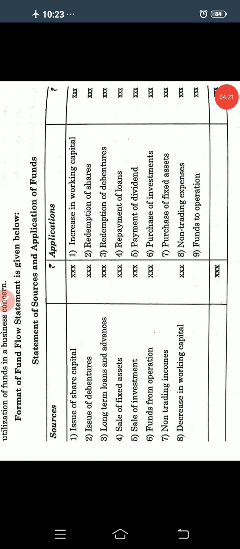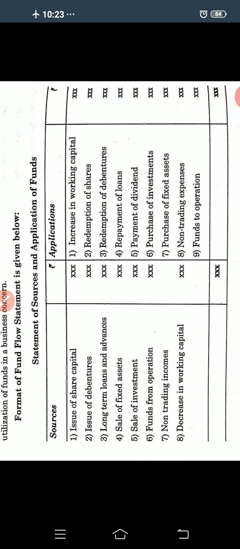Then we have to make a total here, but both the sides' totals should tally, like sources and application should be equal, so it should tally. So this is the last step to calculate the fund flow statement. In order to calculate the fund flow statement, you have to follow